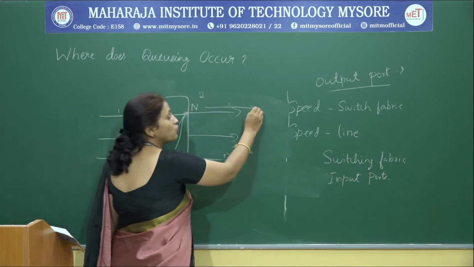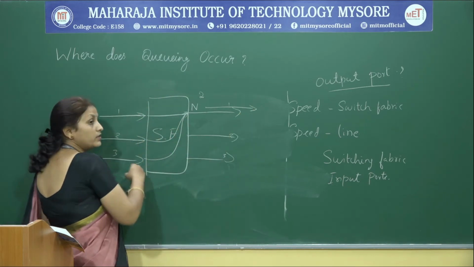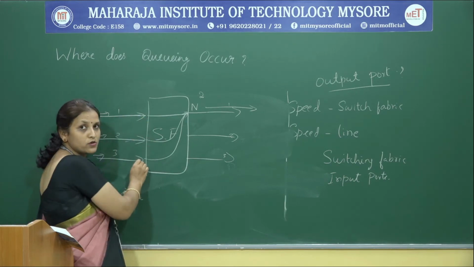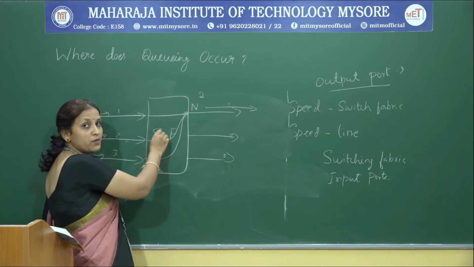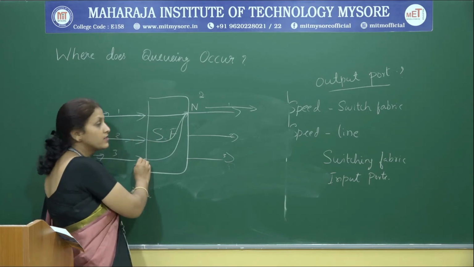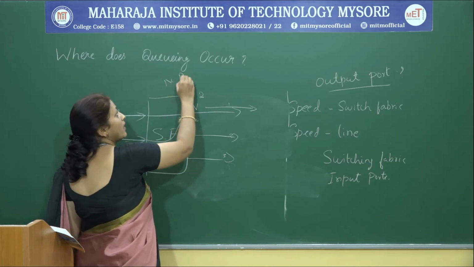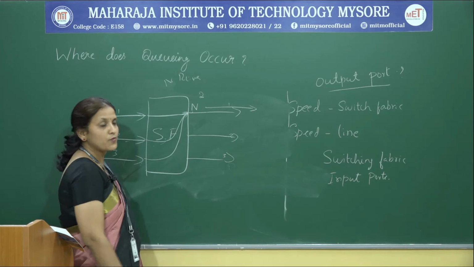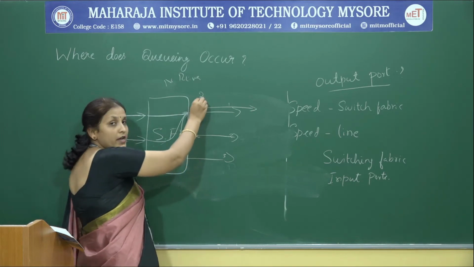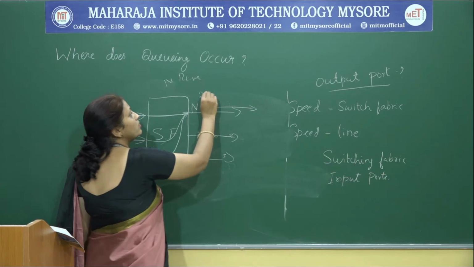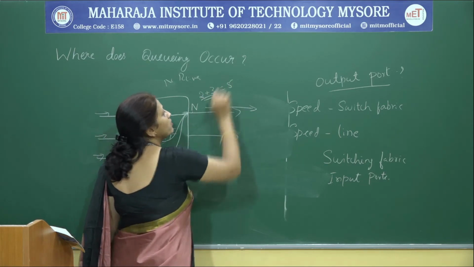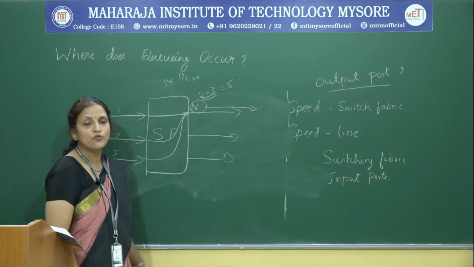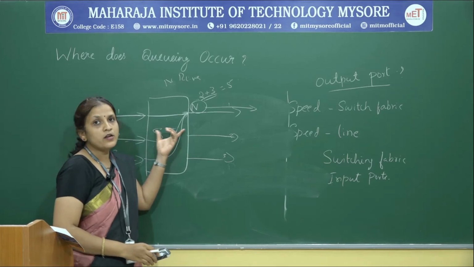By the time it transmits one packet, the next set of packets will arrive from all these three input ports. And since the switching fabric is capable of transmitting all these packets at a speed of N times R line, it transmits all the packets again to the same output port since they are destined to it. We already had two packets, and along with these, 3 more packets arrived, which resulted in 5 packets accumulated, forming a queue here in output port 1. So, this results in queuing at the output port.